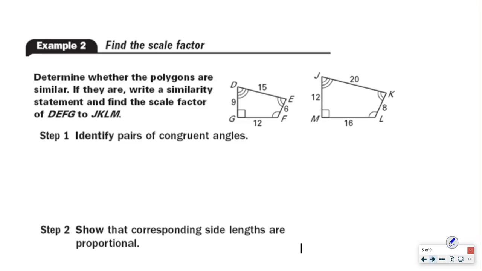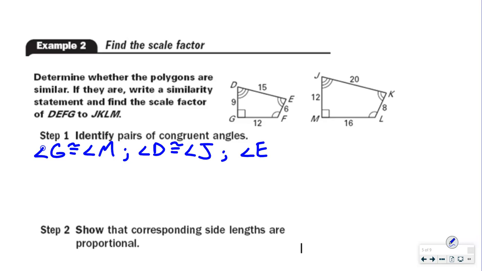If we identify all of our pairs of congruent angles, we see that G and M, we see D and J, we see E and K,